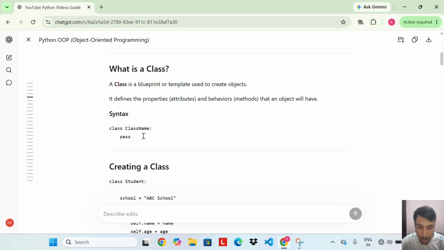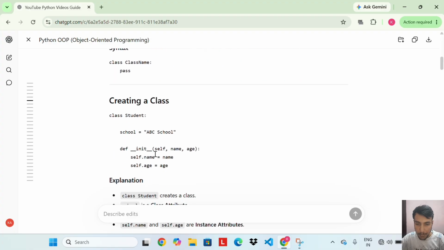This is not a rule Python enforces, but it is a standard that every Python programmer follows. The pass keyword here is just a placeholder. It means the class is empty for now. We use it when we want to define a class but have not written any code inside it yet.